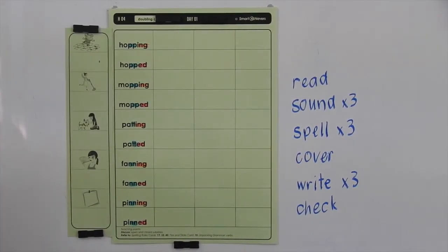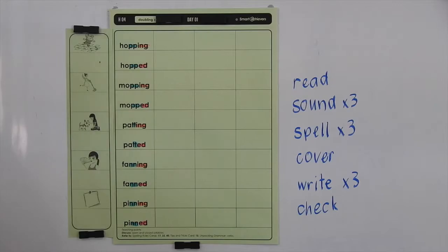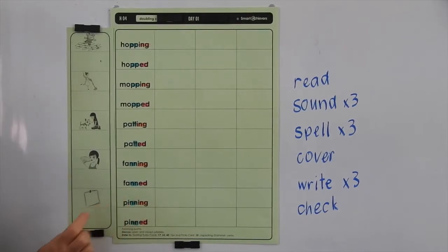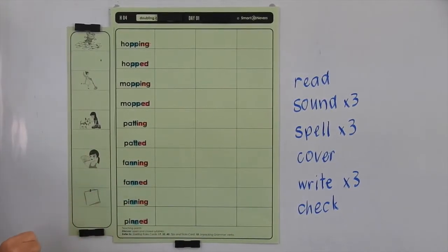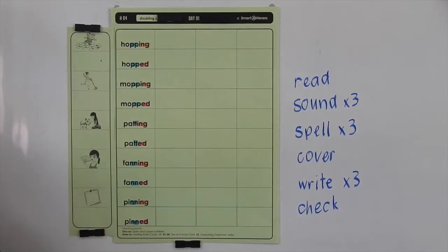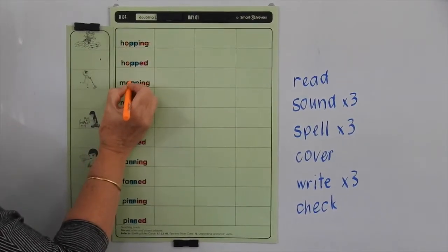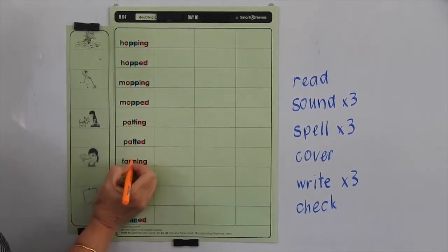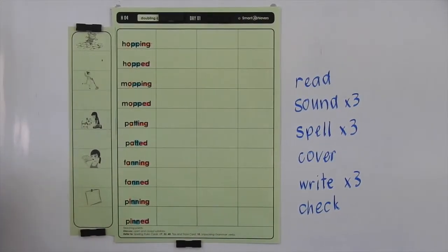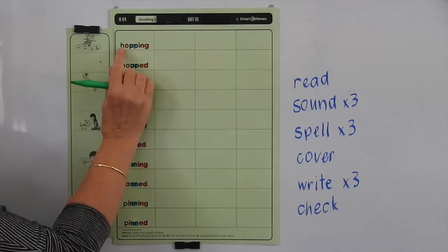Well, one of the things is that each of these words is a one syllable word. So we've got hop, mop, pat, fan, pin. So the first thing is it has to have one syllable. The next thing we have to do is to look at if this is a short vowel here. And let's colour in those short vowels in each of these words. And then the next thing we have to look for is, does the base word, hop,